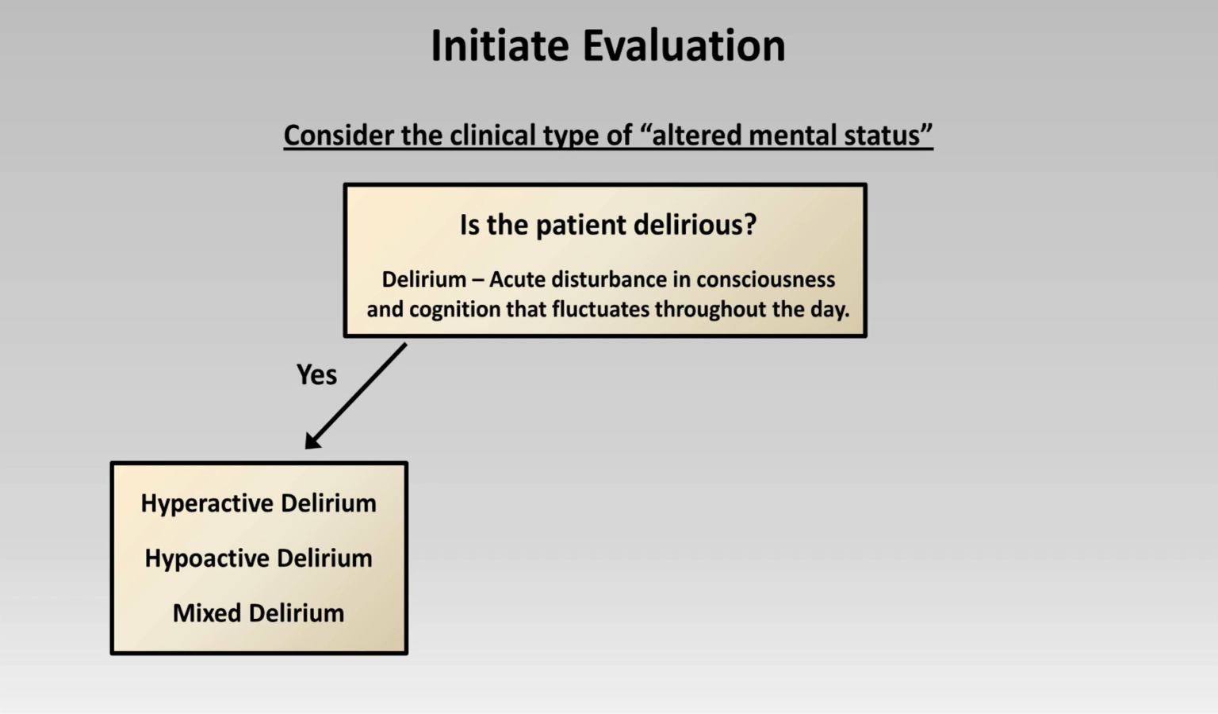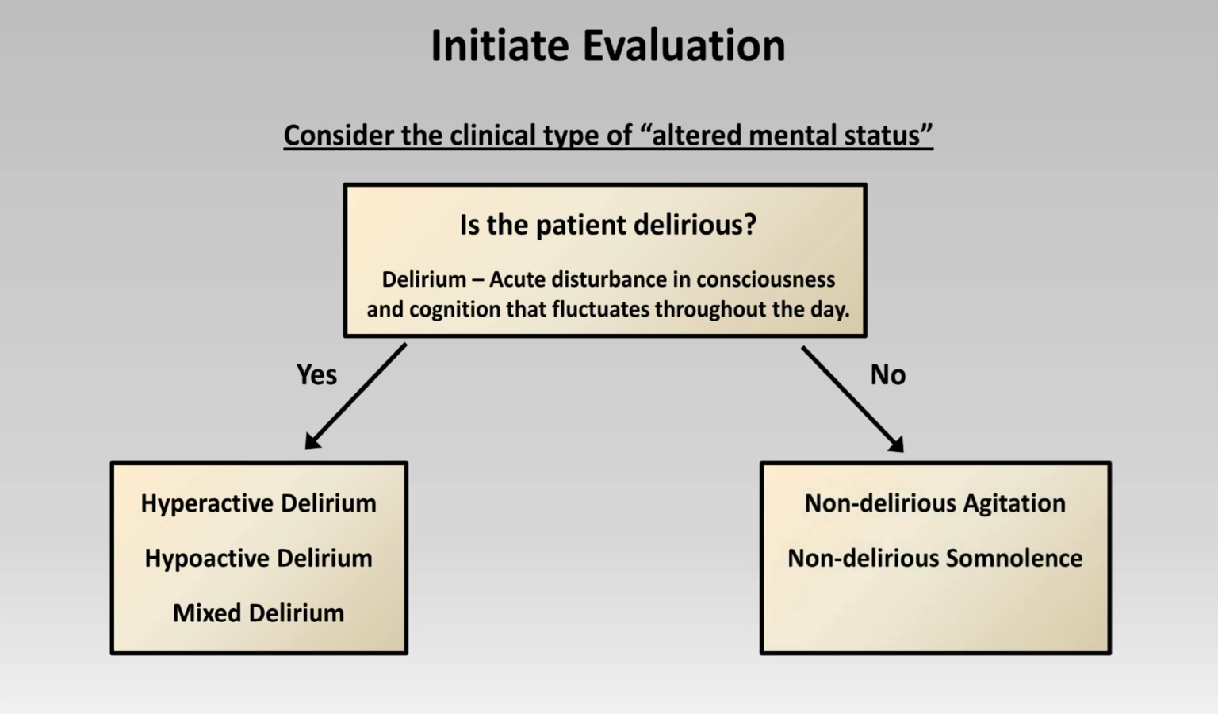Although we typically imagine the hyperactive agitated patient when we think of delirium, hyperactive delirium is the least common of the three varieties. Now, if a patient is not delirious, that is, if either the level of consciousness or cognition is not impaired, or if the clinical course does not seem to fluctuate, you are dealing with non-delirious agitation or non-delirious somnolence. A somewhat unique form of altered mental status is catatonia, in which the patient's level of consciousness is